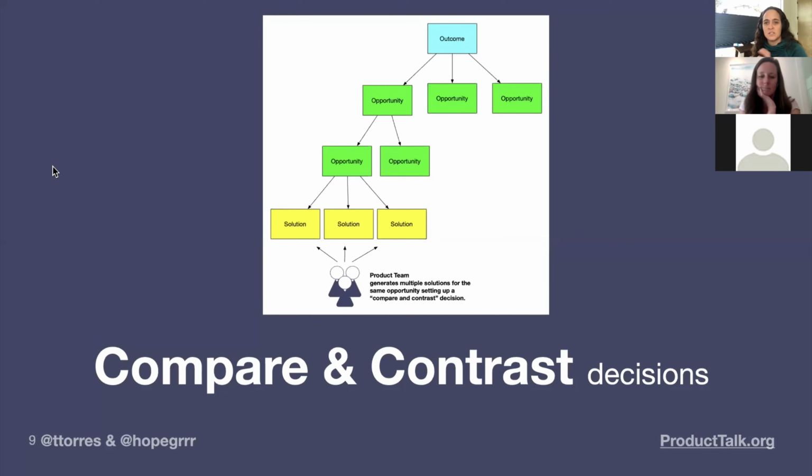A lot of the decisions that we're making in discovery, what problem should we solve? What solutions might work? If we're doing fast iterative discovery cycles, they're two-way door decisions. So we don't want to spend a lot of time debating and deliberating. We want to be data informed and we want to make the best decision we can given what we know today, but we want to make a fast decision and then follow it up with verification through prototyping and experimenting.